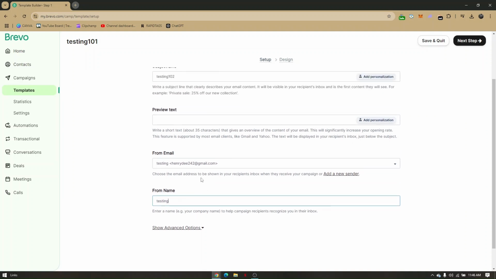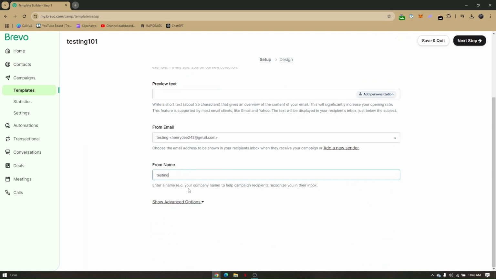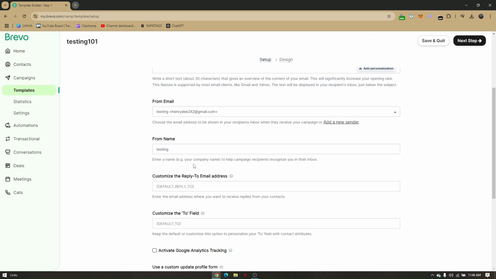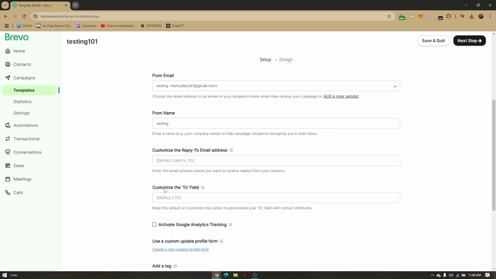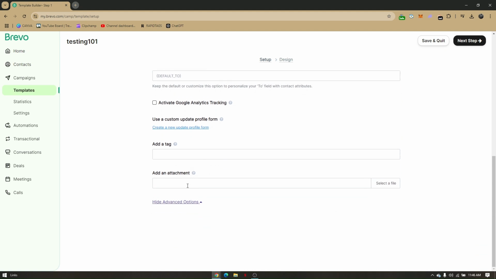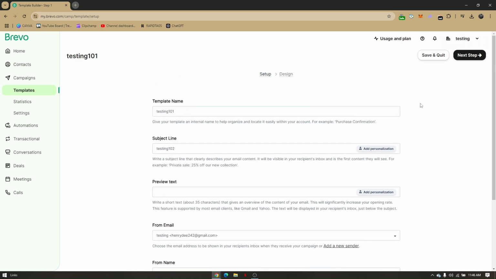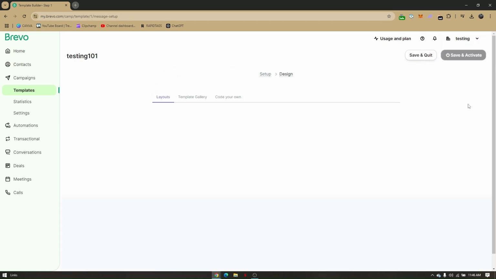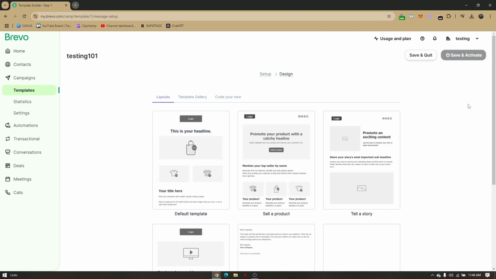Now, once everything is set, you can also try to hover around the advanced options. You can customize the reply email addresses. You can customize the to field. You can add tags, you can add attachments, and so on and so forth. Now, once everything is set, just go ahead and save and quit, or you can also go to the next step, which is going to be